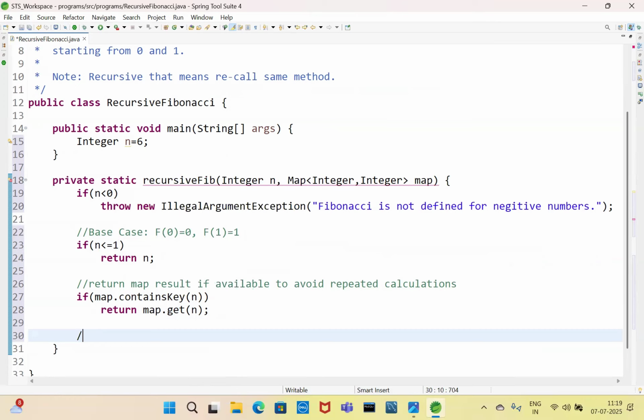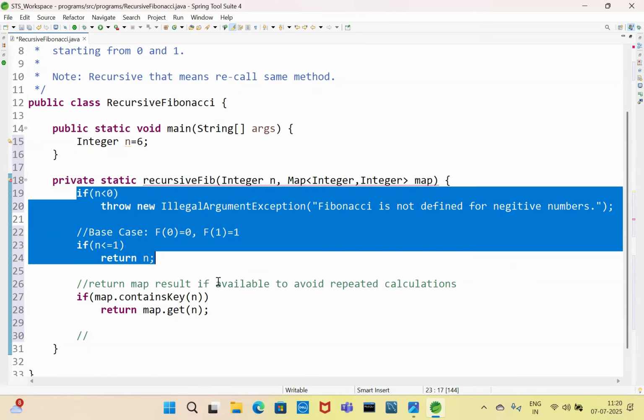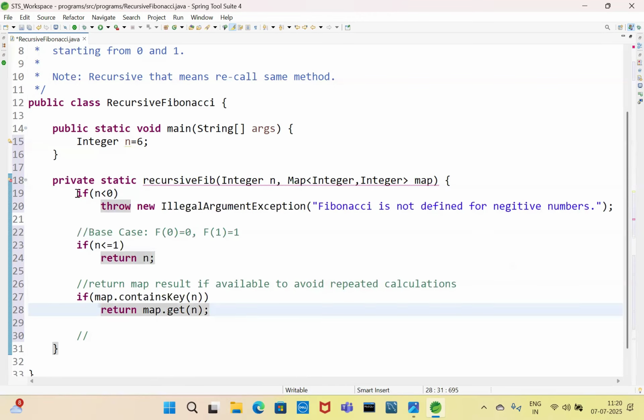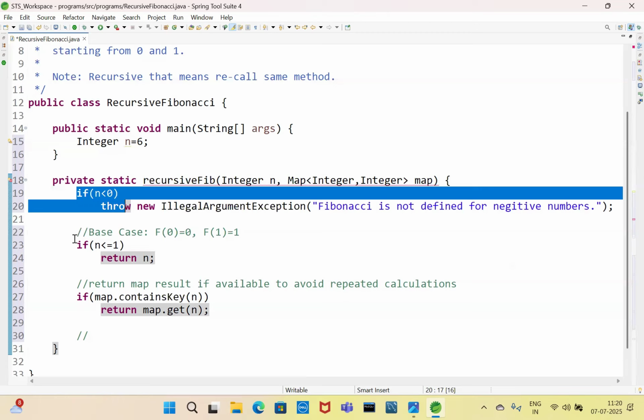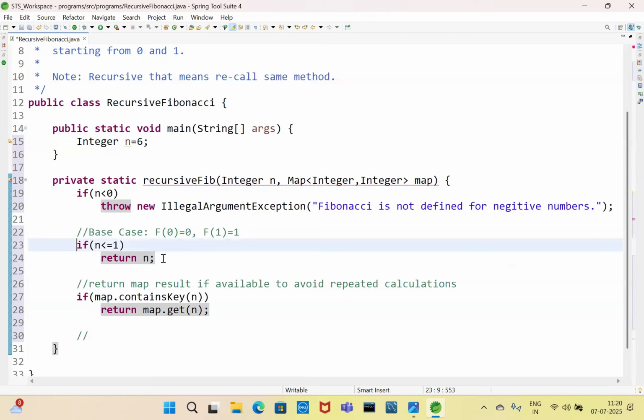So now we need to do the actual calculation. Suppose these are the validations. This is the negative number checking. This is the base case check for 0 or 1. This is the duplicate checking kind of. So now